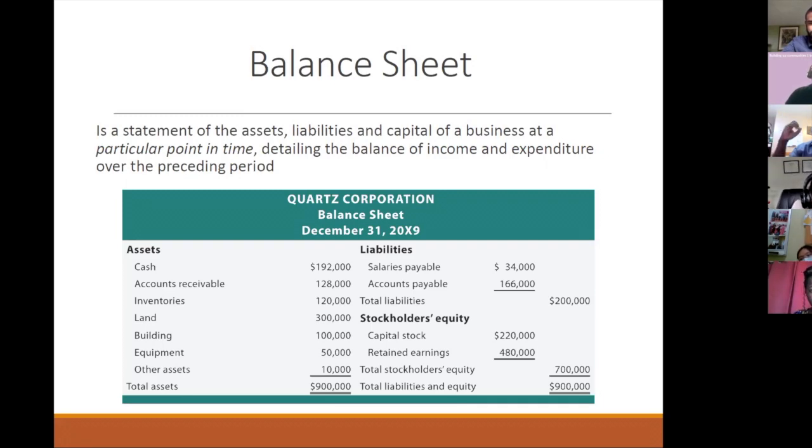So look at one thing. Your assets of 900,000 is equal to your liabilities, 200,000, plus your owner's equity of 700,000. There's a reason why it's called a balance sheet, because it needs to balance. I've had balance sheets that are not balanced, and I've had clients who, when told, can you send me your balance sheet, the total assets is not equal to the total liabilities and owner's equity. If that doesn't happen, you don't have a balance sheet, and your balance sheet is wrong.